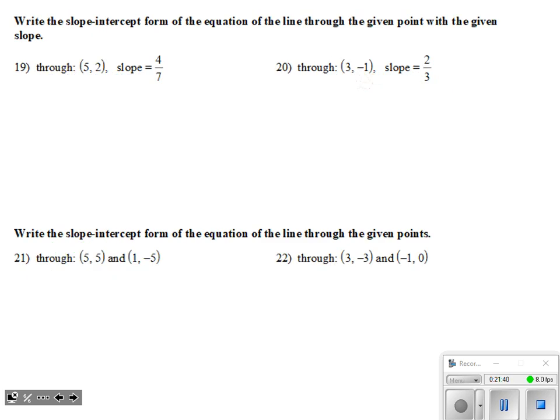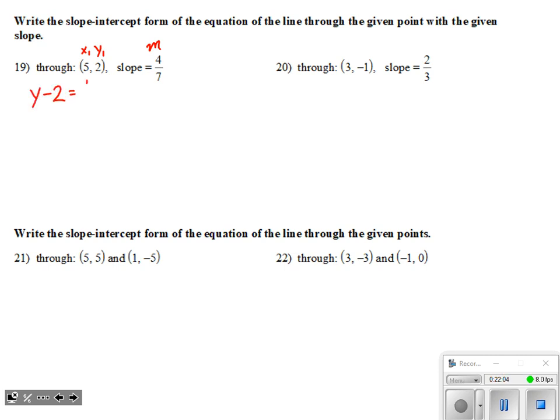All right, and then our final set of questions here, writing the equation of the line in slope-intercept form if we're just given some random pieces of information about it. So numbers 19 and 20, here you can see we're given a point and a slope. So we have to go through point-slope form. We've got x1 and y1, and we've got an m. So here's what point-slope form would look like for number 19 with the numbers plugged in.